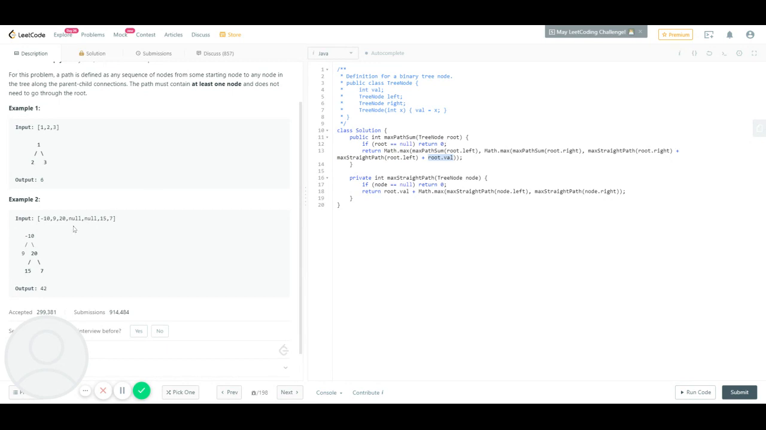So that would give us 6. Let's also do a test with this one. I'm just going to put it in the input. I think it should work, since it should basically go into this recursive subcase, and within that subcase we have